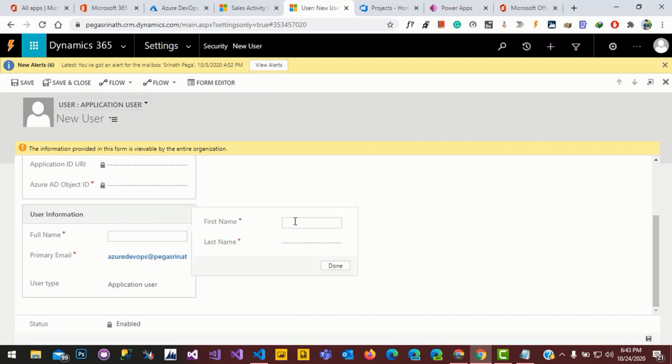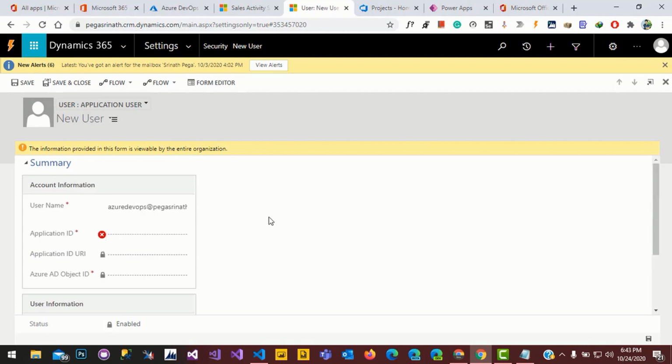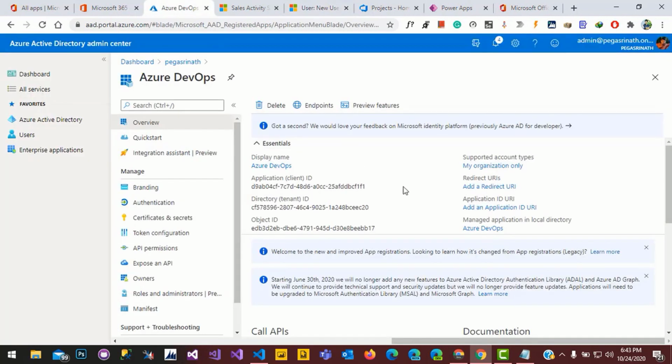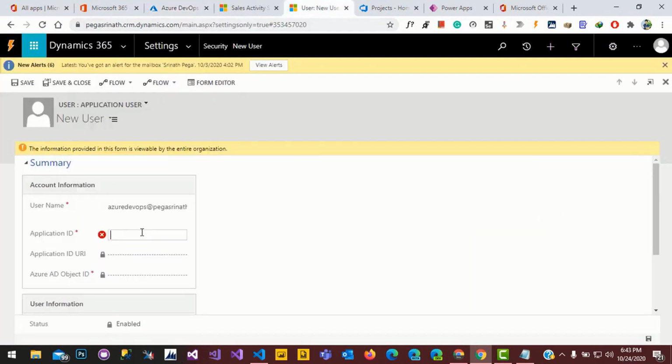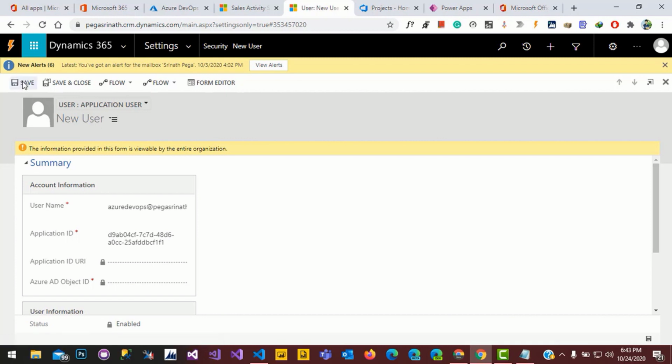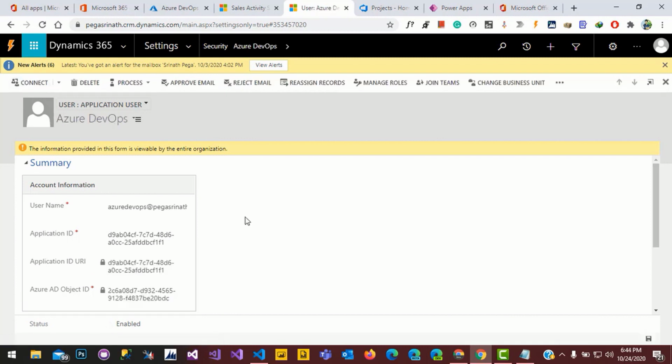Full name, and application ID. Let's copy the application ID, paste it, click on save.